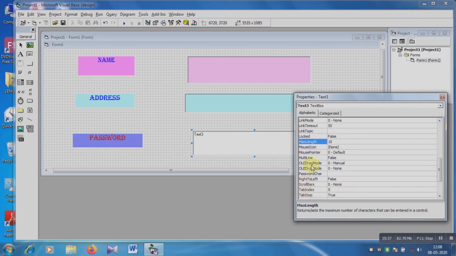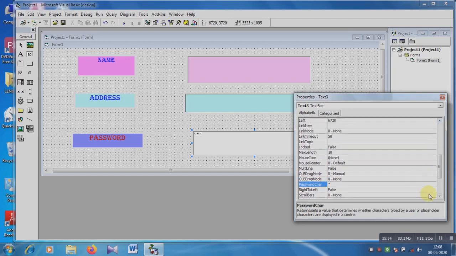So MultiLine is False, because the default is False. And then the password character, we have to choose the PasswordChar. Suppose I am choosing the star, I am writing star.